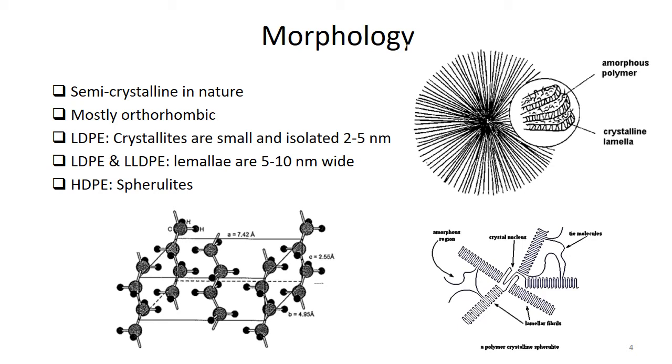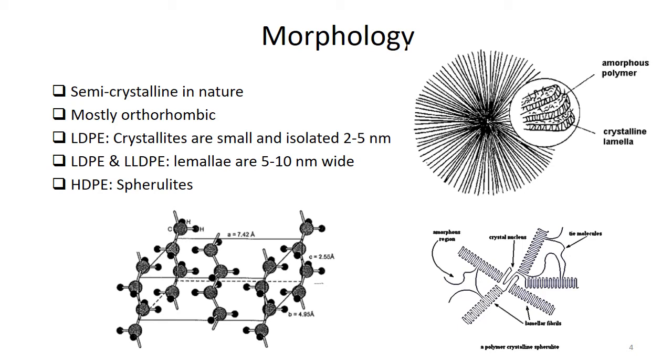Basically, in the orthorhombic unit cell, it contains a complete chain segment running down the center and parts of 4 others, each of which is located at the corner of the unit cell. I mean, you place 4 ethylene molecules at the corners of the unit cell, and another chain is placed in the center of the orthorhombic unit cell.